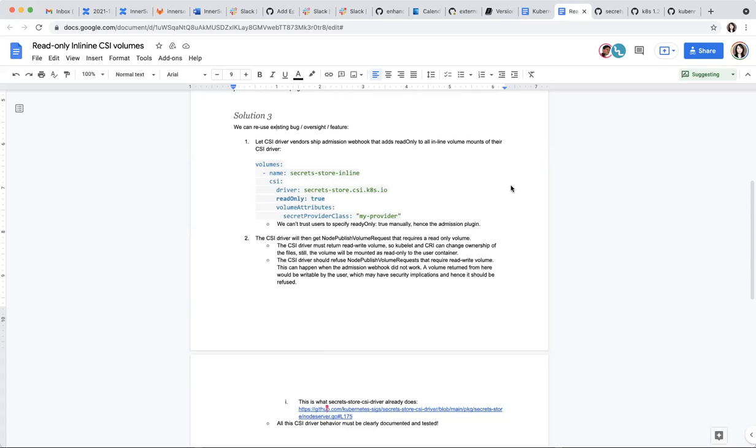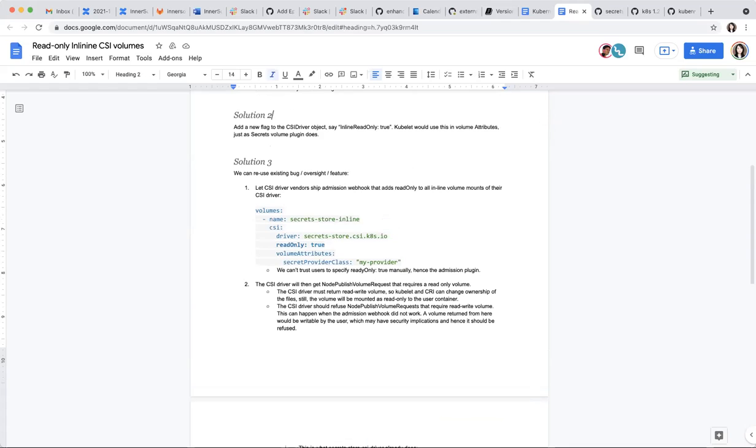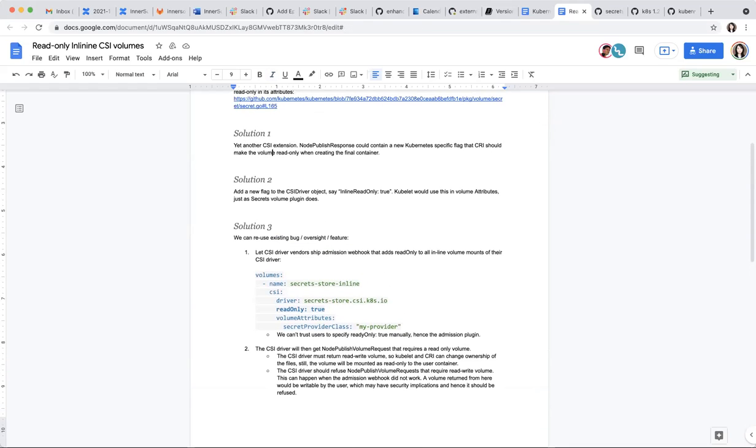So I'm looking at the solution 2, right? It's kind of like make it more explicit. Yeah, yes, that's possible. So basically read-only right now is just one field in the pod spec, but actually the implementation details could be very different. So we could implement read-only at different layers. Right now, there's no way to differentiate how.